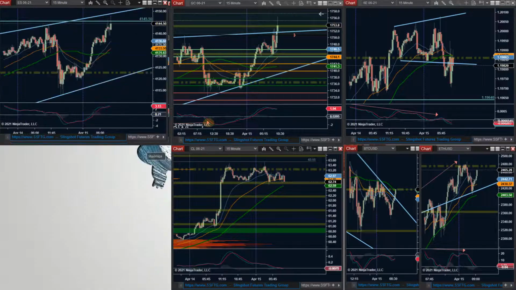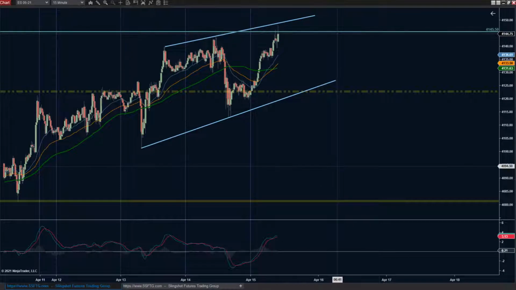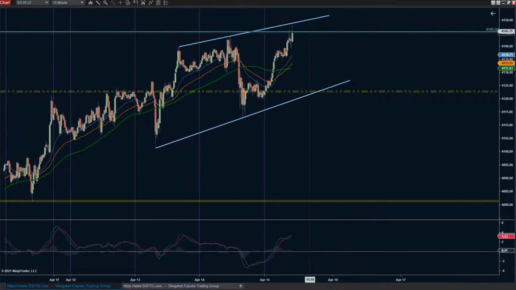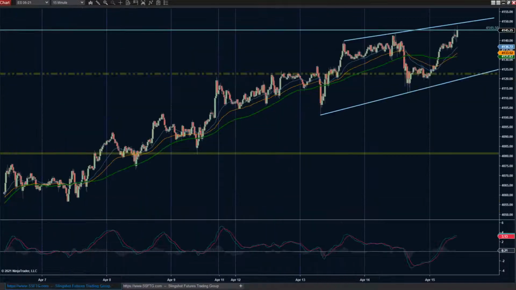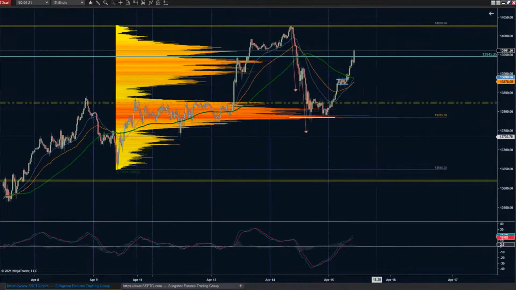Looking at the S&P or the NASDAQ or any of these other ones, the S&P out of all of them seems like it's in the most trouble. So if I wanted to be a long, the S&P is going to be a tougher sell for me, or I guess a tougher buy in this case. There's a little too much, and now volume is stacking up on the top. I'm going to need to see it break above the highs and keep going and kind of go nuts. With the NASDAQ, it's a little bit easier because there's still a lot of room, and we've already shown volume support that has shifted off of 785. So there's plenty of proof.